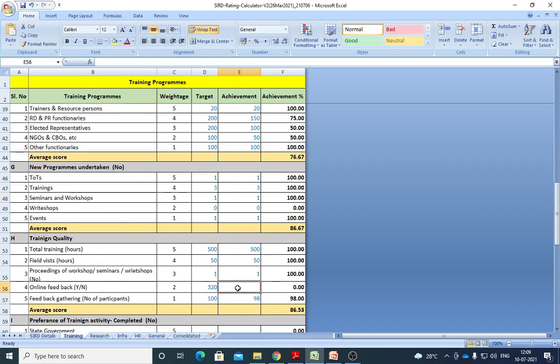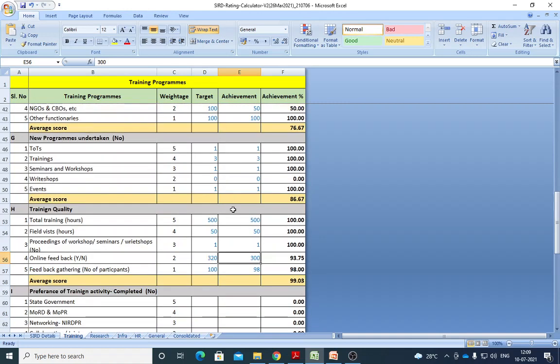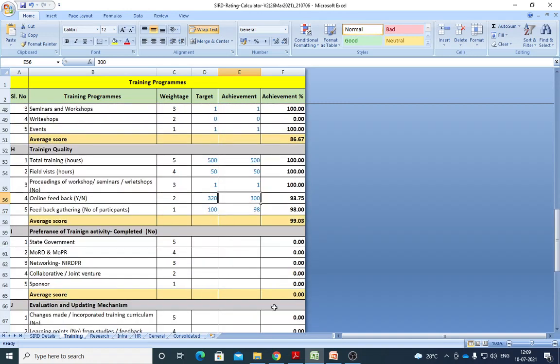So seminar feedback I have not designed, so I took it paper based or in whatever other format. So 320 are supposed to give online feedback, but I could not get them due to network issues. You make sure that you get the 320 feedback, but I could see only 300 people have given the feedback. Like that you have to see the link. Can you see the link, the complete link I am trying to give you?